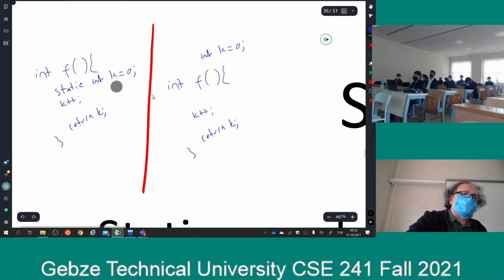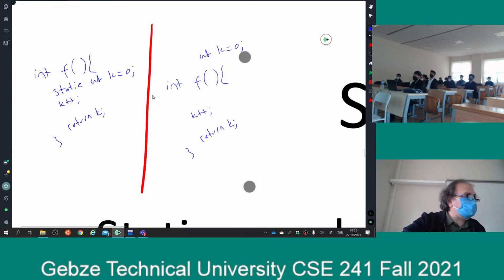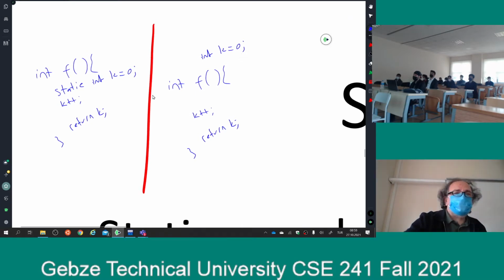This k is only accessible in this scope. This k is accessible in the file scope because it's a global variable, right? So it behaves exactly the same way, but the nice thing is that you cannot modify k outside the function f. That was the meaning of